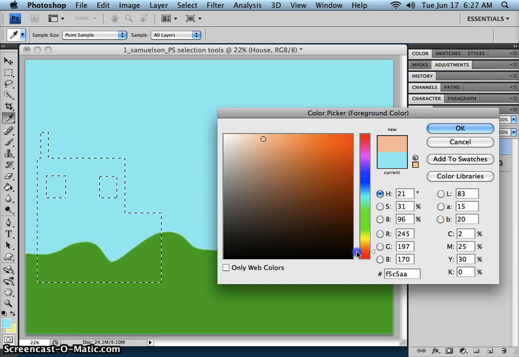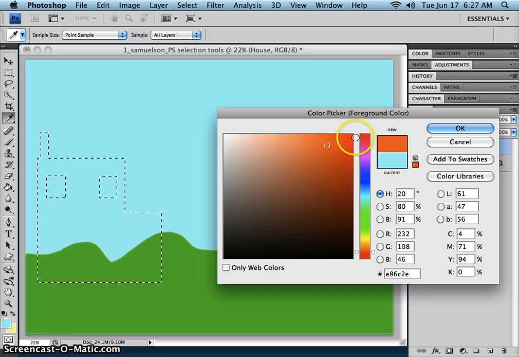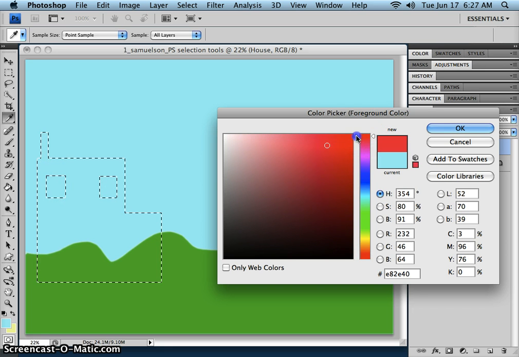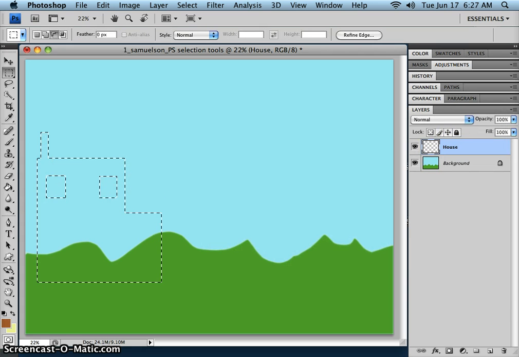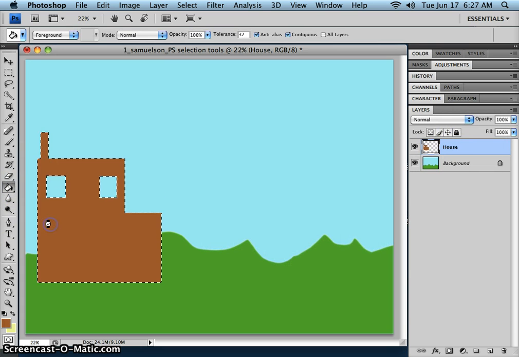color that somewhat resembles a brick color, and that may be a little bit difficult to do. There we go. That might be better. All right, there's kind of a brown color. And I click OK, and then I can use my paint bucket to fill it. And now I have a house, and if I deselect, Command D,